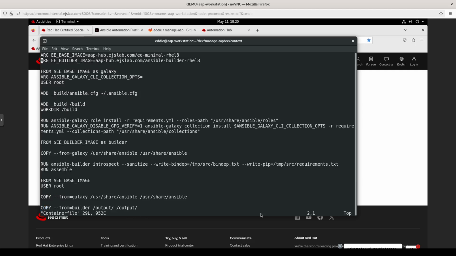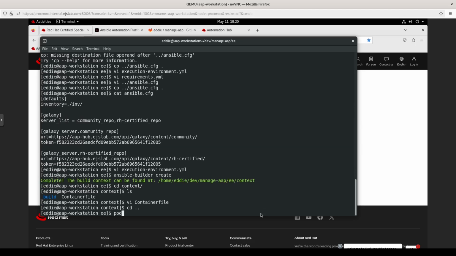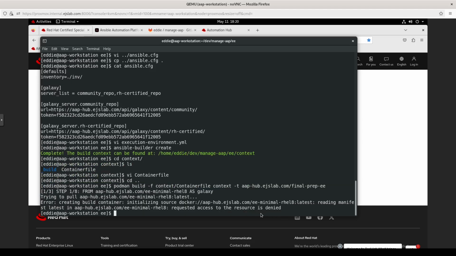We'll make our change in the container file to deal with my self-signed cert. And we'll do our build. So podman build the container file. We're going to tag this with aphub.ejslab.com/final prep EE. And oh yeah, I need to